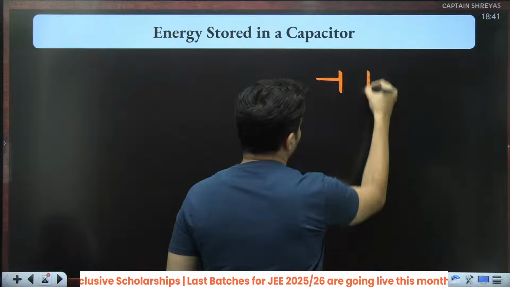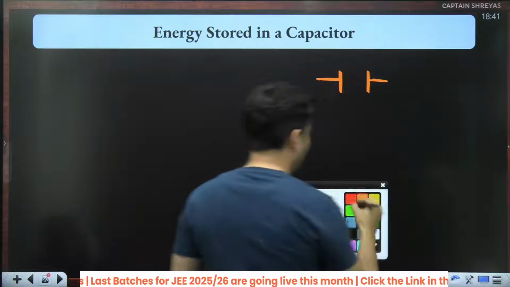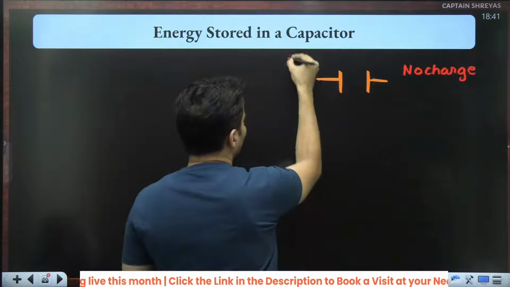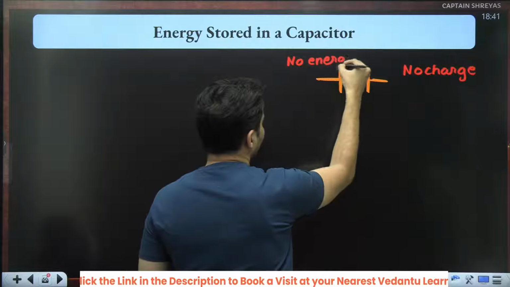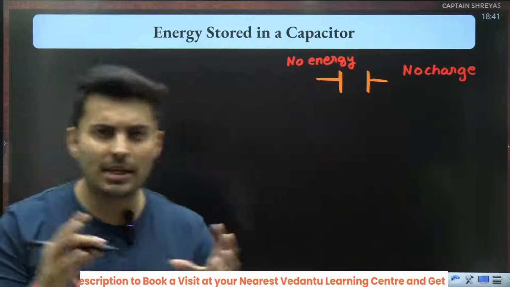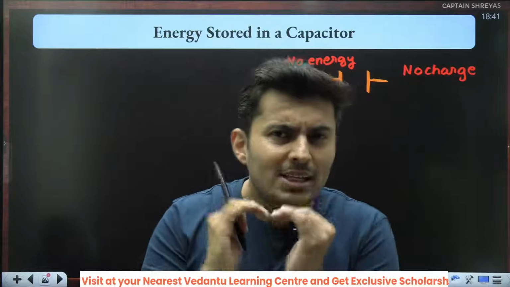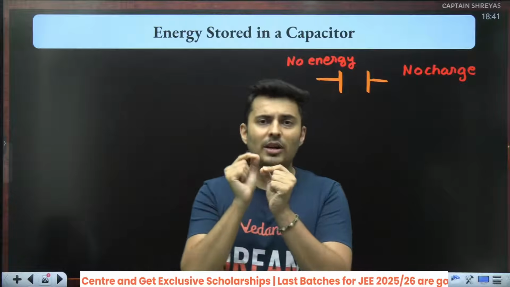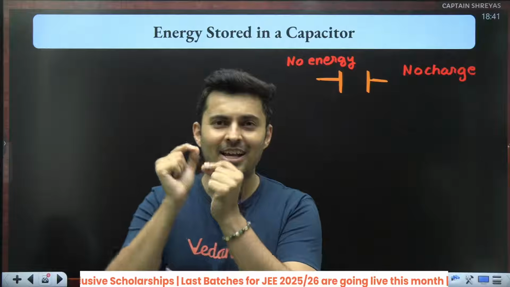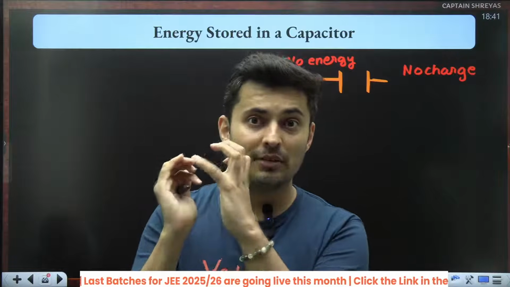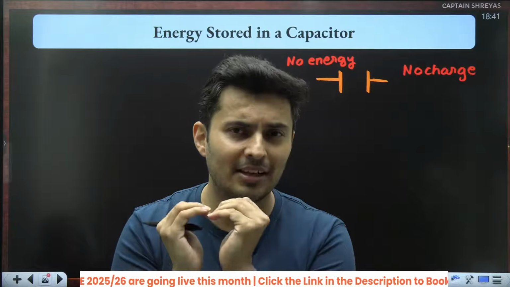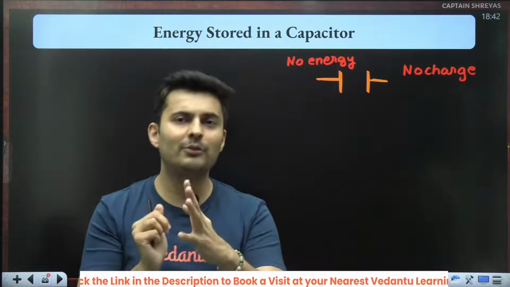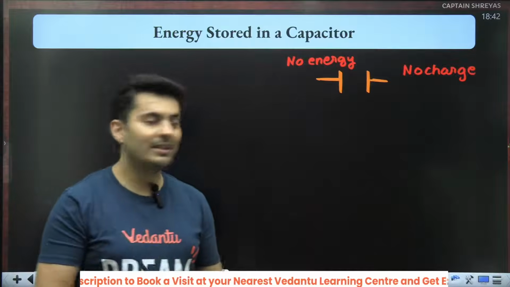Obviously, the energy is stored between the plates of a capacitor. If there was no charge, there would be no energy. But when it is completely charged, there is energy stored. So while charging, I add a charge slowly, dq, dq, dq. Small amounts of energy keep building in that capacitor until it reaches a steady state, storing the final charge. So I'm incrementing the charges and thereby incrementing the energy levels in the capacitor. So I guess we might have to use some concept of derivatives or basically calculus.